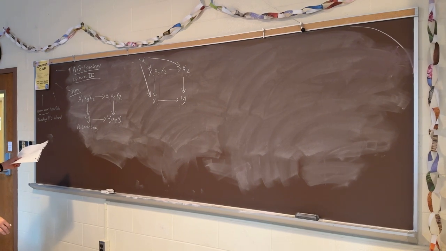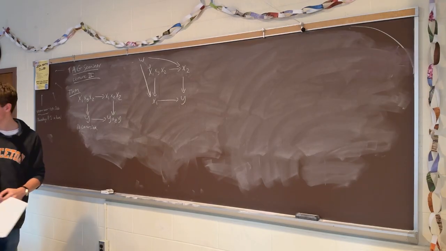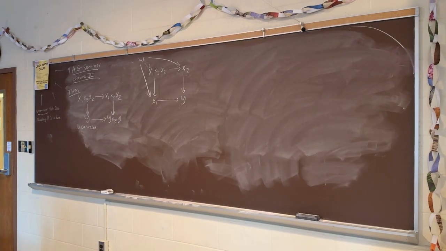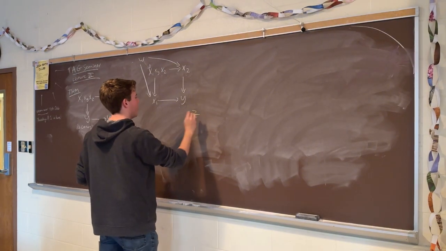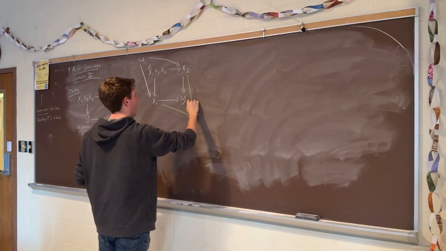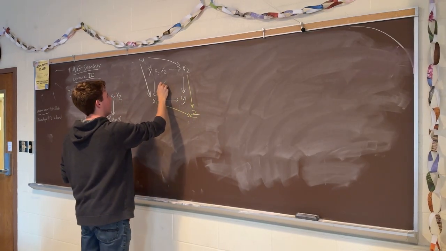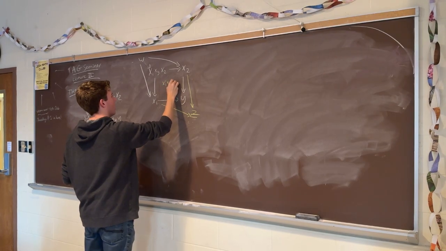But we also have x1 and x2 going to z. This is where colors help give us a little bit of dimensional insight. So if we put z here, and we have x1 through z, x2,